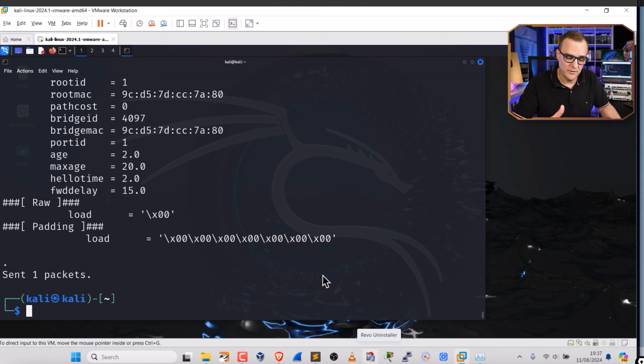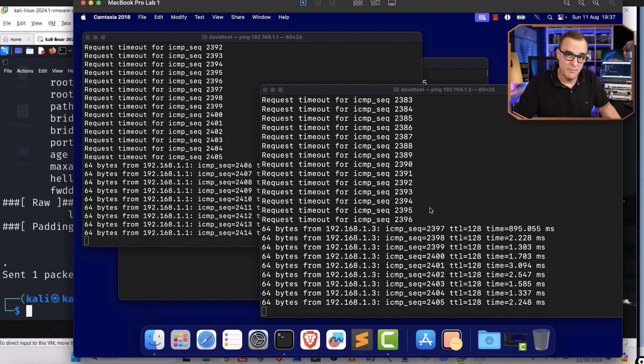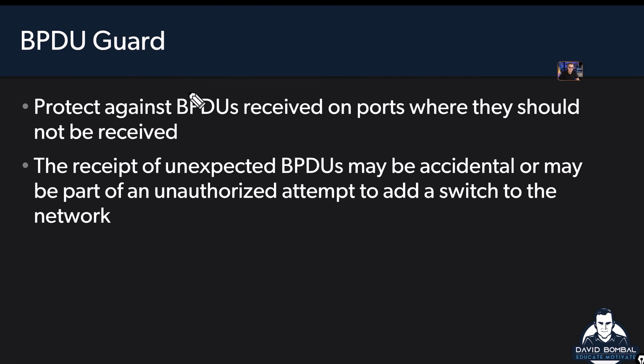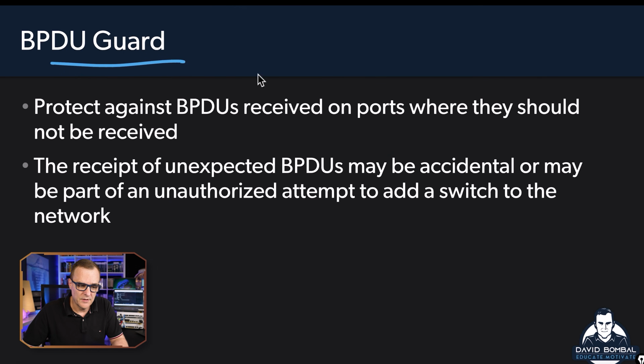Again, as soon as the Python script ends, the MacBook can now ping the two Windows computers. Okay, so how do we fix this? We use BPDU Guard, which protects against BPDUs received on ports where they should not be received, such as port-fast